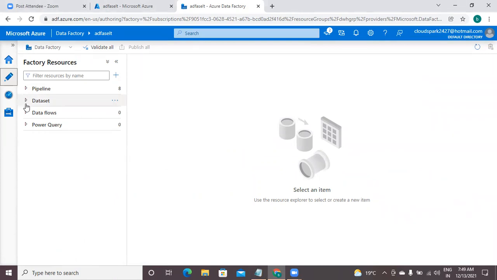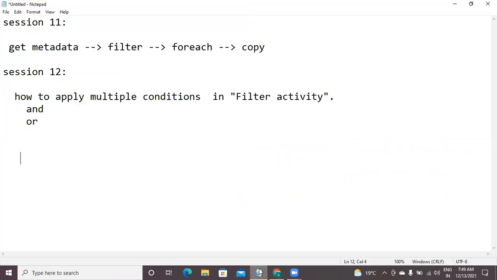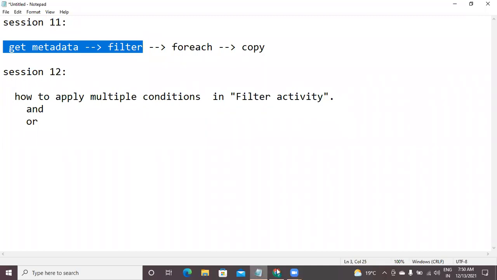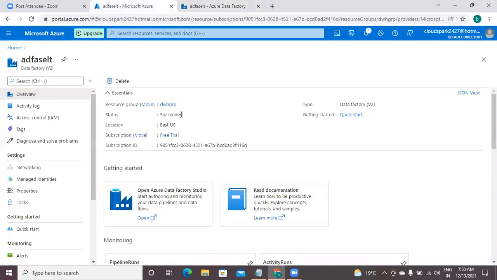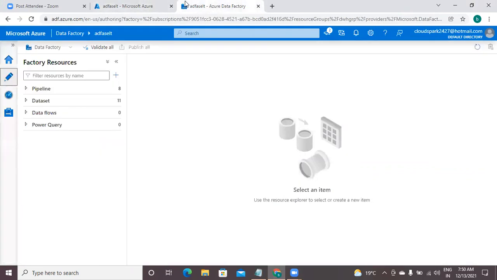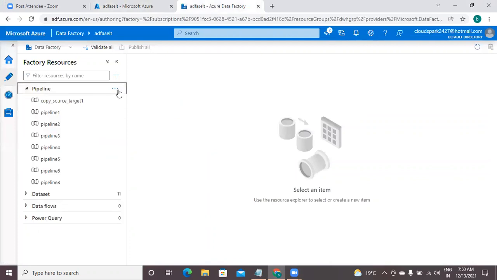Already the datasets are filled. Okay, just the filter activity. I don't touch any dataset here. Only within the filter, how to apply the multiple conditions. Going to create a new pipeline.